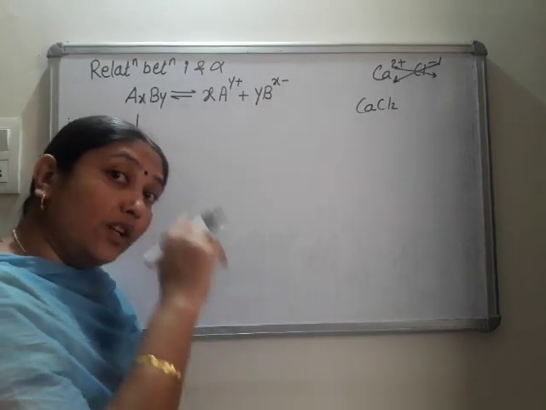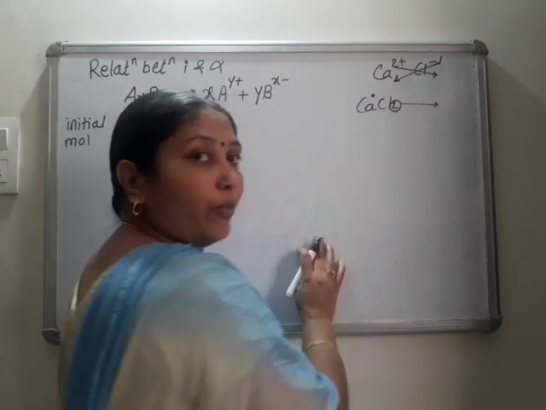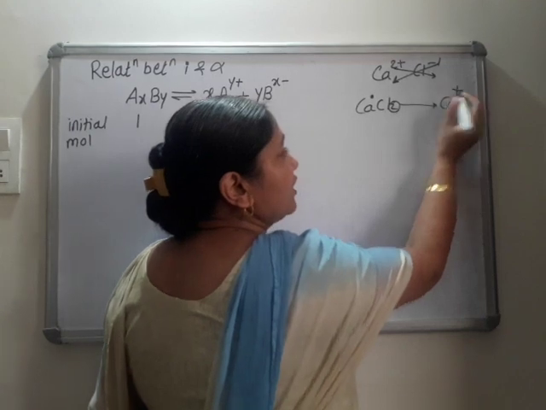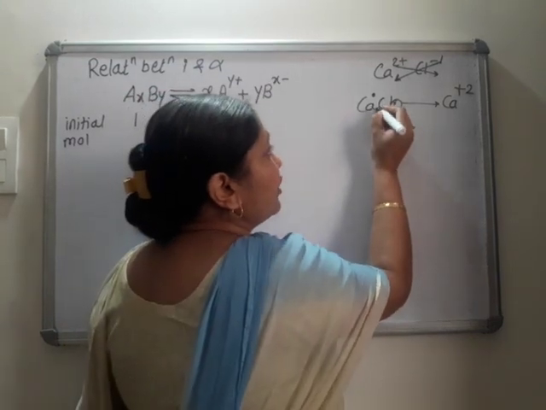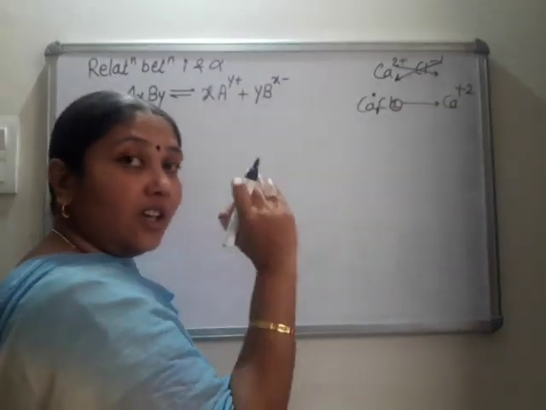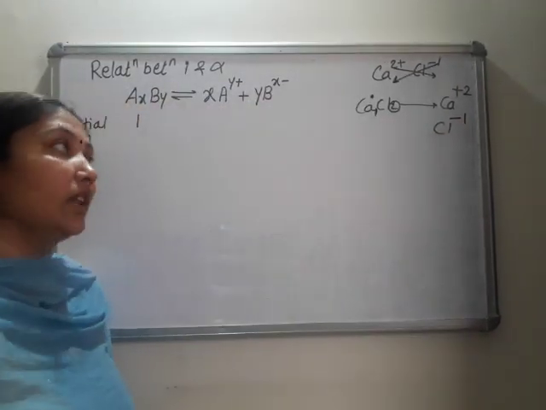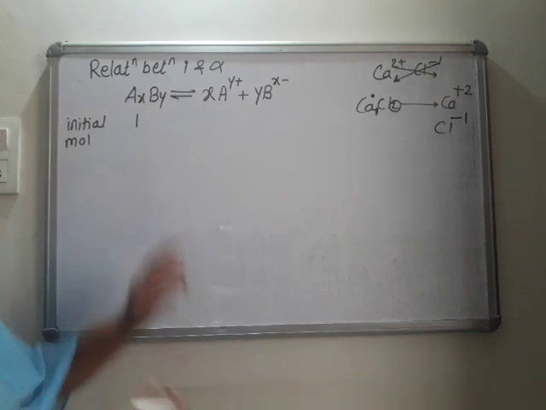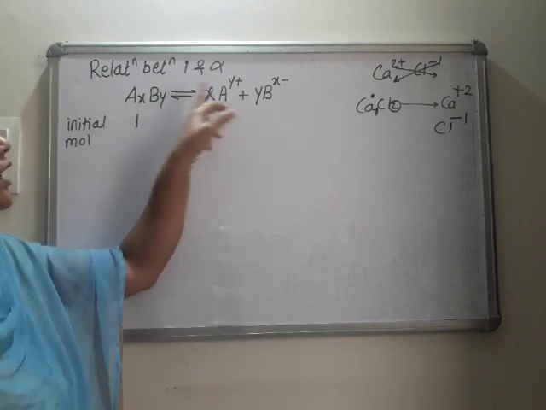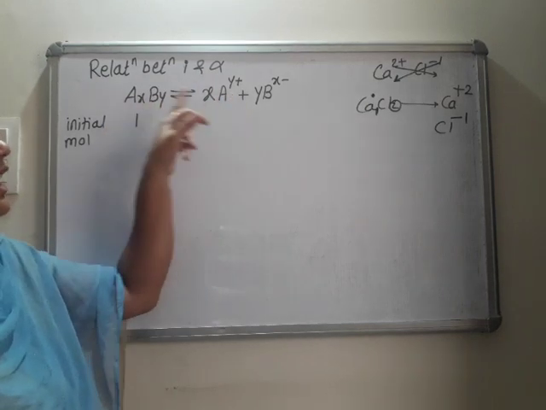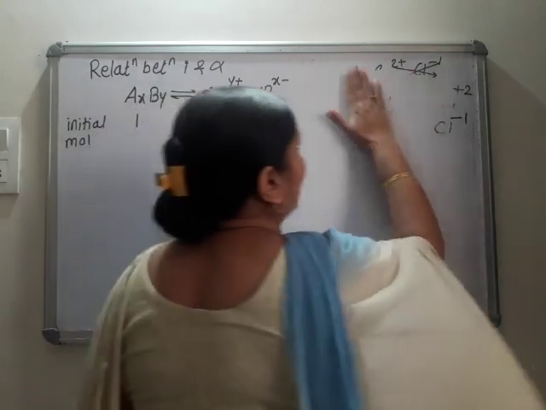So when we have to write its dissociation, ions we have to write. Then this number we have to write at the top of Ca. So Ca is positive, and what is the magnitude of that charge? Plus 2. And the number at the bottom of Ca is the charge on Cl, and Cl is always negative. So it is minus 1. So on the same line, the dissociation of it should be X times A Y plus and Y times B X minus. Or if you write Z minus, then also no problem. That we don't have to consider.